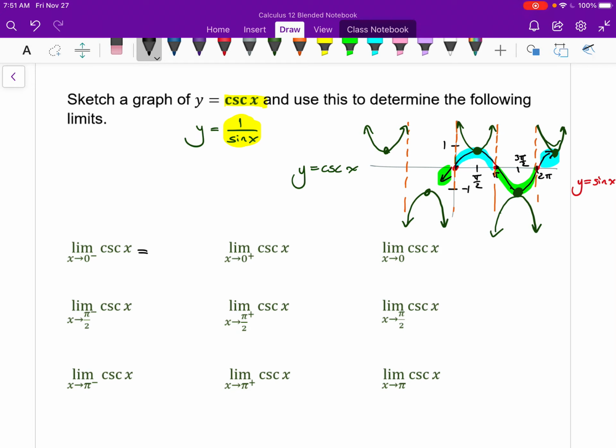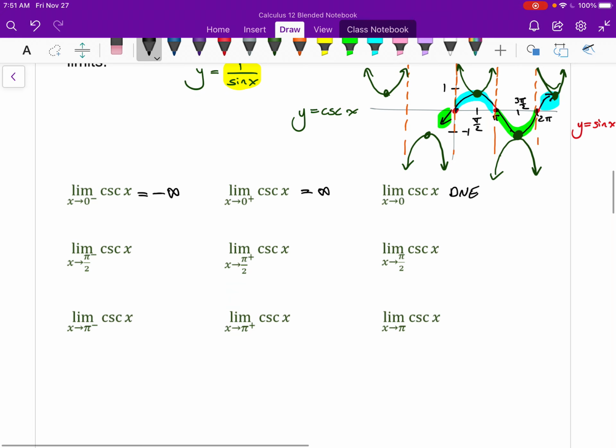As I approach 0 from the left, it's -infinity. As I approach 0 from the right, it's positive infinity. So the limit as I approach 0 does not exist, because they're not the same. This function has no endpoints. Cosecant, well, sine has no endpoints, so cosecant has no endpoints. And so if my two limits from the left and right aren't the same, I know my limit will not